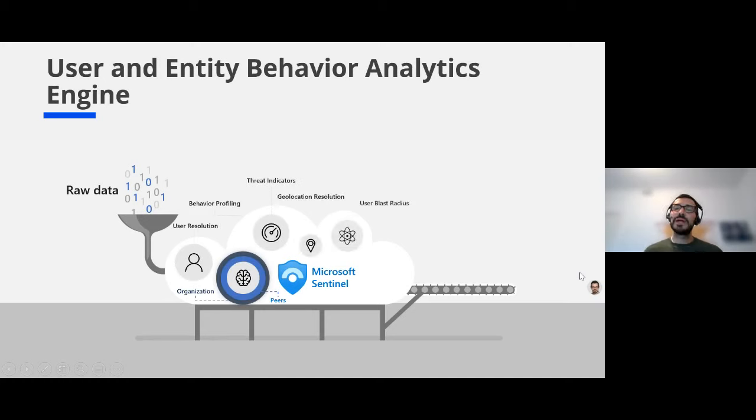Here's just a little bit of an explanation of how the UEBA engine works in Microsoft Sentinel. First of all, as you can see on the left, we gather all the different raw data from the different data sources that we support. The first thing you see there on the left is that we perform user resolution. So basically, we take all the different identifiers from users. It can be the UPN, the SAM account name, or the SID, the security identifier of the user. Even if we have several for the same user, we resolve all of them to create a single entity for that user.